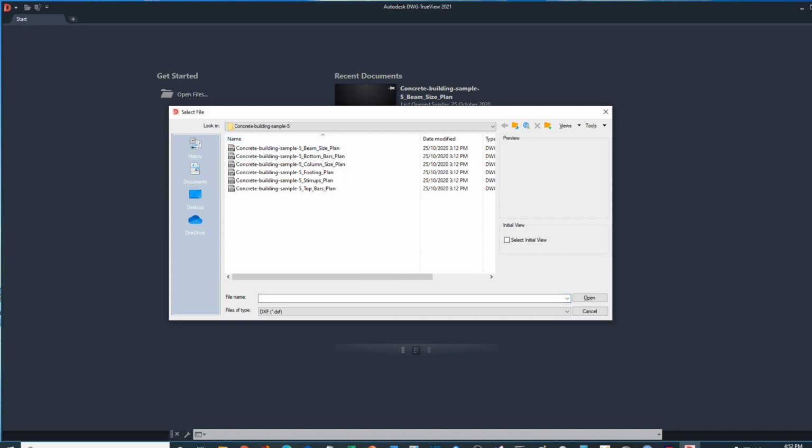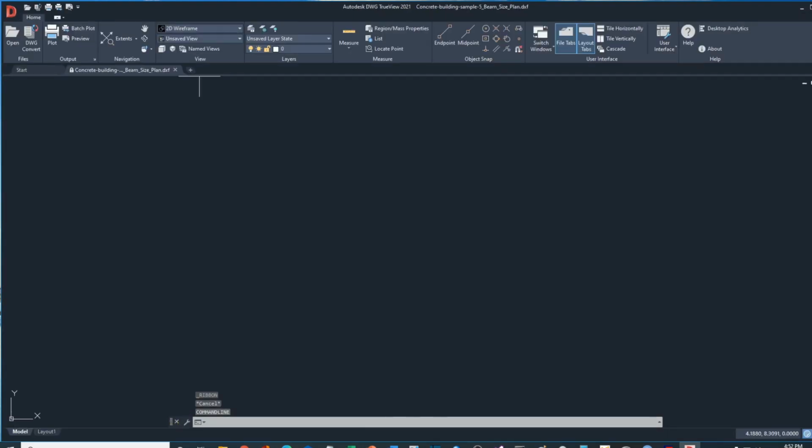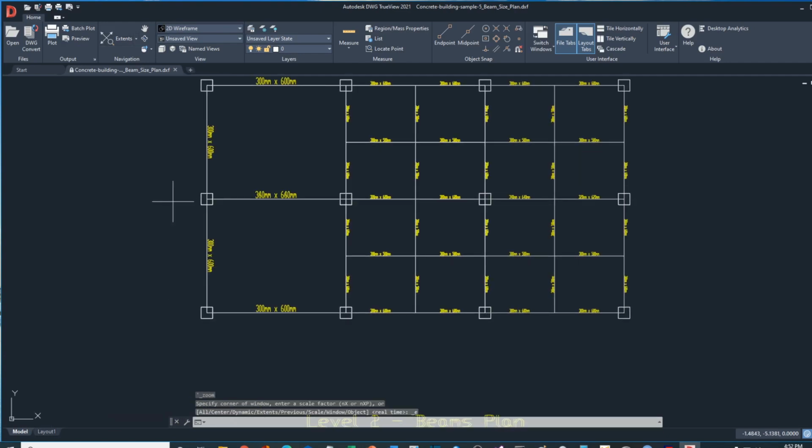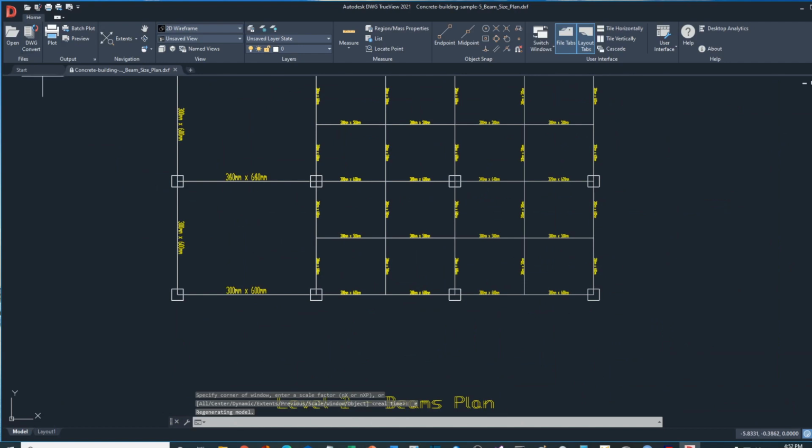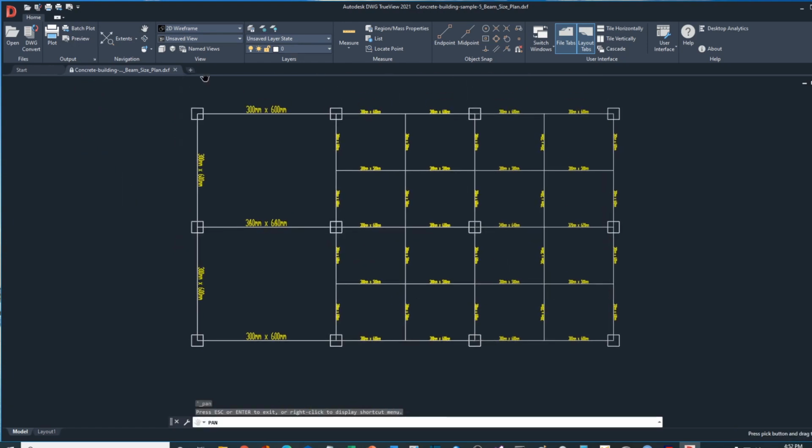FrameCE plots the beam size plan, the bottom bars, the column, the footing, the top bars, and the stirrups. This file, for example, shows the framing plan of the design. So here,